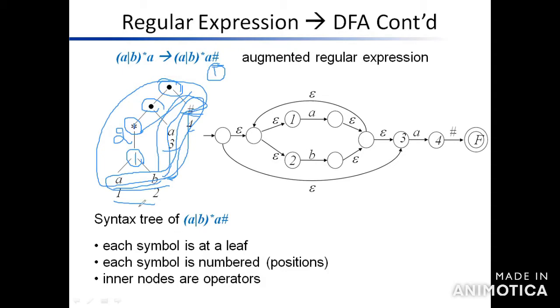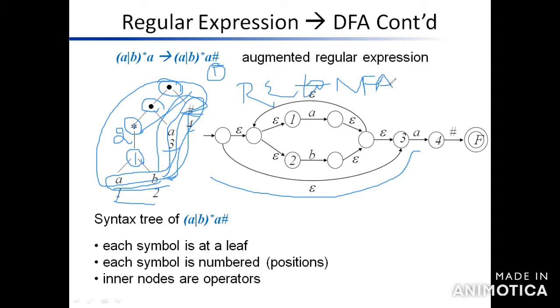Third thing, you have to give the numbers 1, 2, 3, 4 to all the leaf nodes. This is the thing. Then you have to draw a little: the RE to NFA diagrams. This is for the NFA diagrams. Now we can get a clear idea. I revise the problem, I have not started the problem yet. I just revised yesterday's problem.